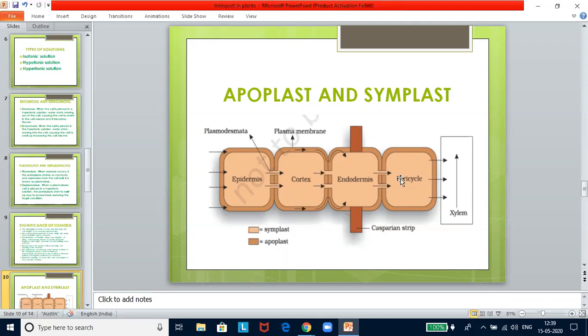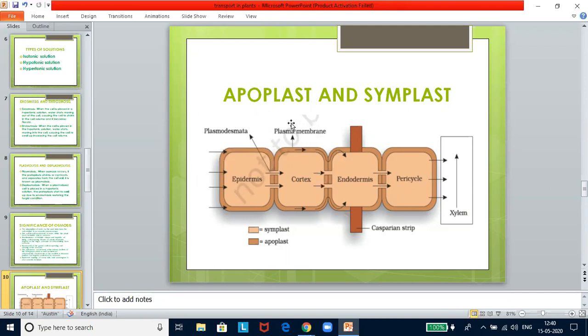Apoplastic movement of water occurs exclusively through the intercellular spaces and the walls of the cells. The movement is dependent on the gradient. So in the periphery, you will be finding the apoplastic pathway, and symplastic is through the plasmodesmata. This you have to remember. This diagram they can ask you and ask you to identify which is apoplastic movement and which is symplastic movement. So one thing you remember, if it is across the walls, then it is apoplast. When it is going through the plasmodesmata, it is the symplast.